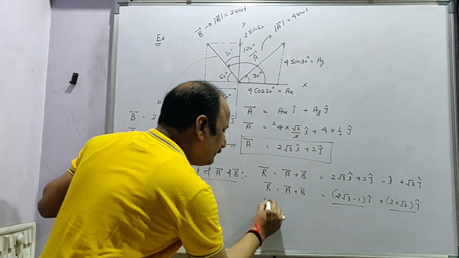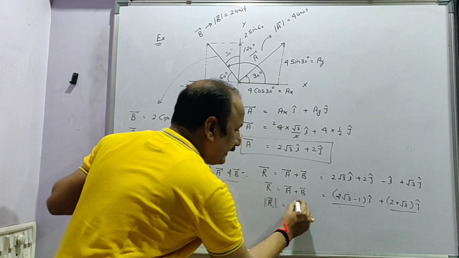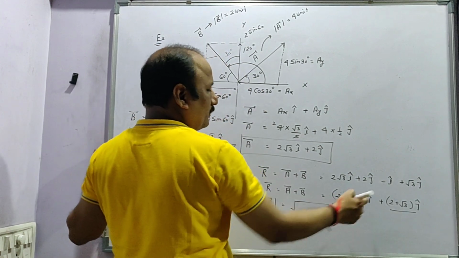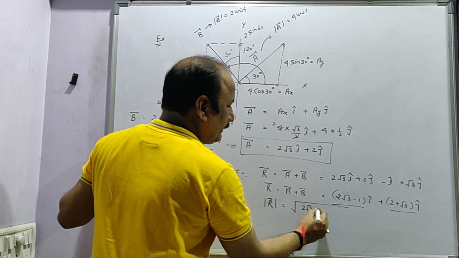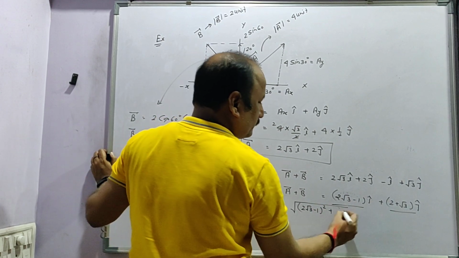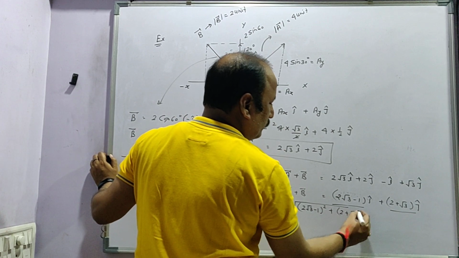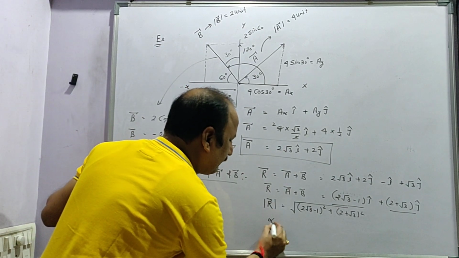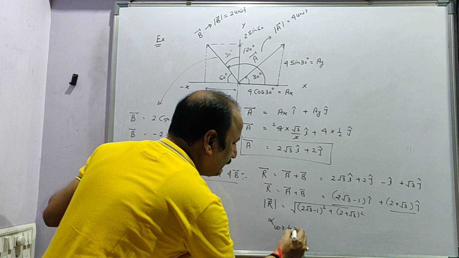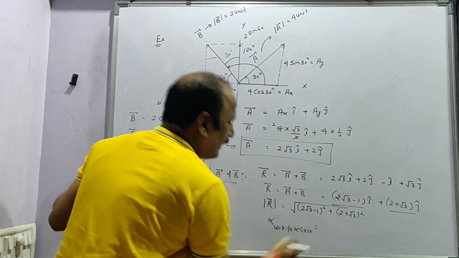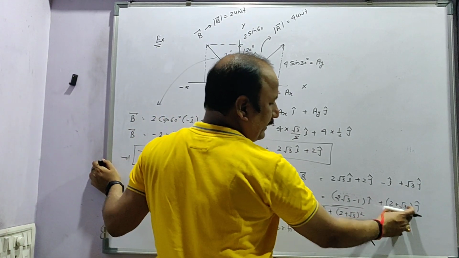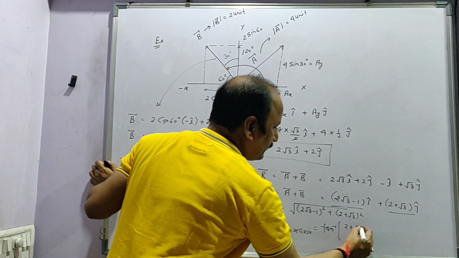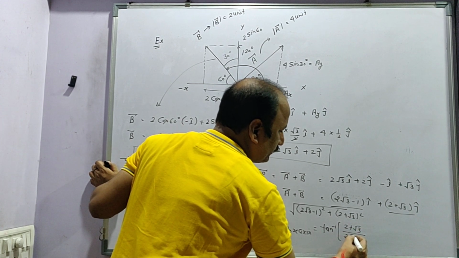We can find the magnitude of the resultant as well as the direction. To find the magnitude, mod of R, as we know i cap and j cap are both perpendicular, so just take the square of the coefficient of i cap, meaning (2√3 − 1) squared plus (2 + √3) whole squared. And what will be the angle of the resultant vector with respect to the x-axis? Just take alpha with respect to the x-axis, along y upon along x, so tan inverse of (2 + √3) upon (2√3 − 1).